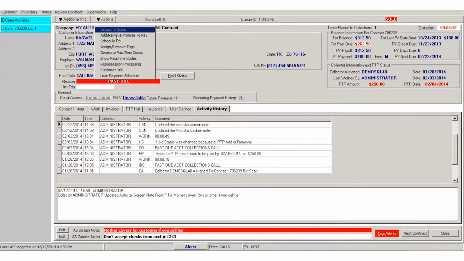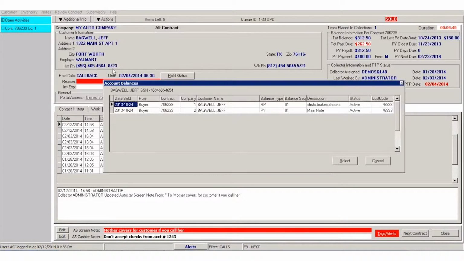The actions menu will allow you to add a promise to pay or remove a promise to pay. You can schedule a callback, create a tag, or remove a tag from the account. If you have past time codes, you can generate those codes or view the codes that are associated with your account. You could move from this screen into the repo processing screen by clicking repo processing. You can look at the loan payment schedule for a customer, and then we have a customer 360, which will give you